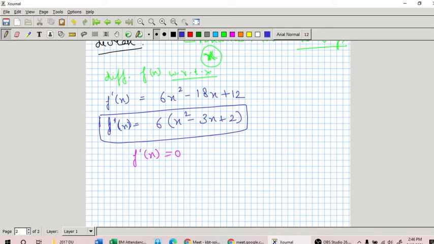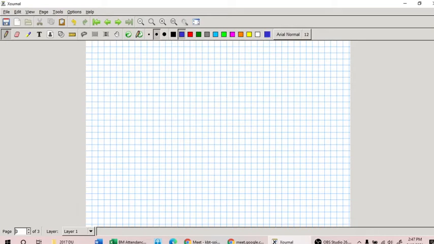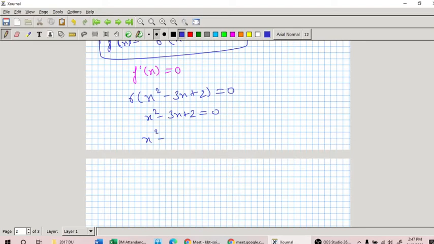So when we put this function as 0, we get x squared minus 3x plus 2, then we do the factors of this. I hope you remember how to do the factors. So this will be x squared minus x minus 2x plus 2. So we have just re-represented this into this. When we simplify this, we take common x minus 1 minus 2(x minus 1).